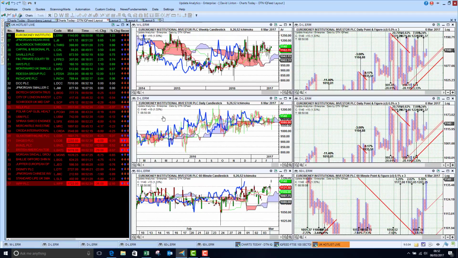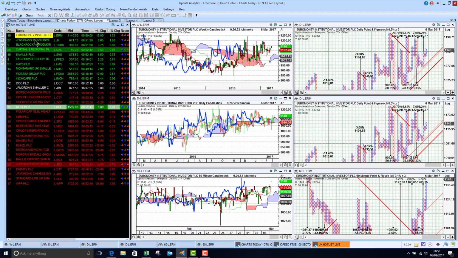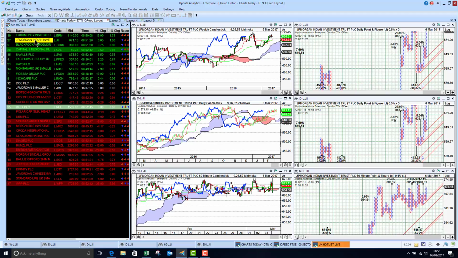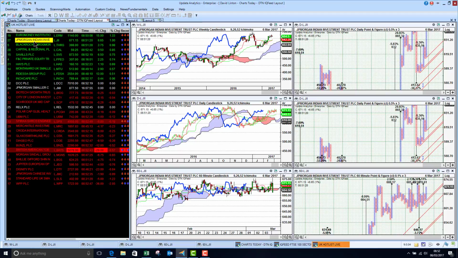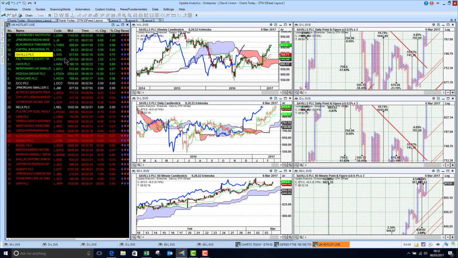Euromoney just kicking up, breaking out of that sideways. You can see not a lot of liquidity in the 60-minute chart, but pretty good looking all around. So the charts that we came up with, those scans, are the ones that you want to just have a close eye on. JP Morgan Indian Investment Trust looking pretty good there. BlackRock, again, we're seeing that looking pretty good as well. Savills, up 0.75%. So these are the stocks that came up in our scan on Friday, if you watched that